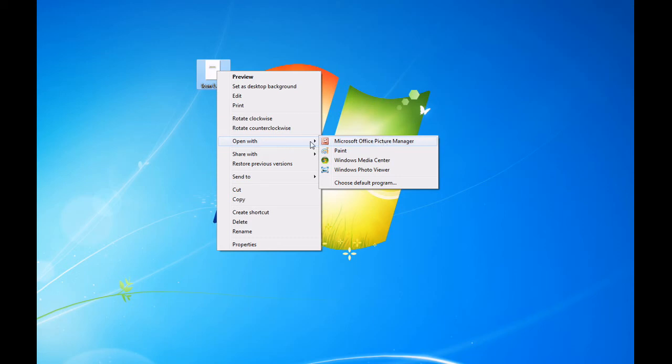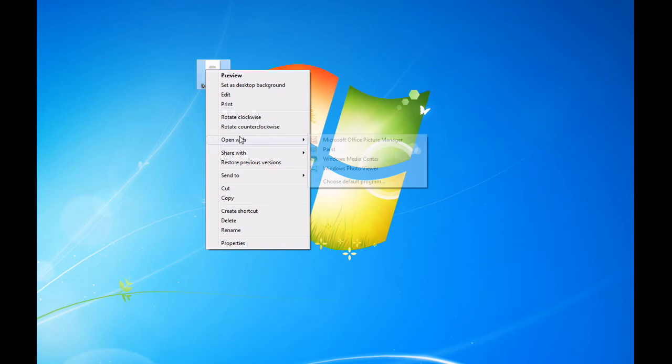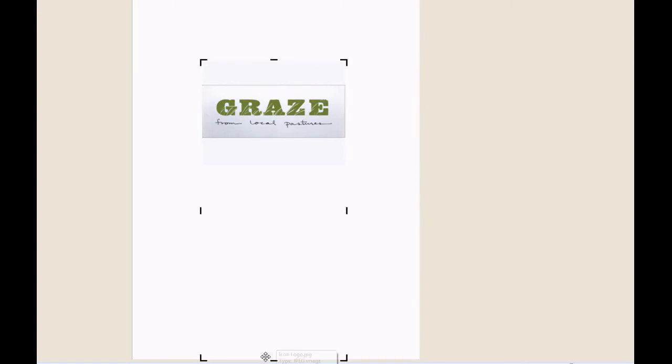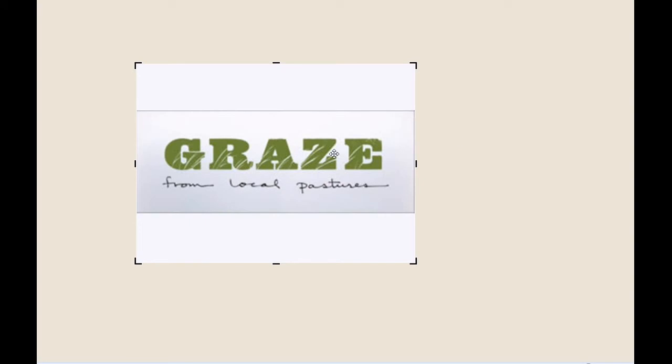So you're going to want to right click on the image, Open With Microsoft Office Picture Manager, and we need to edit or crop all that white space off of there from what we did on Publisher, because when you save it as an image from Publisher, it actually saves the whole page, and we want to crop all of that out. Again, there's other ways that you can crop pictures, but now we have a square that we can upload